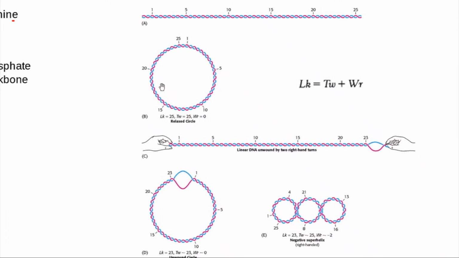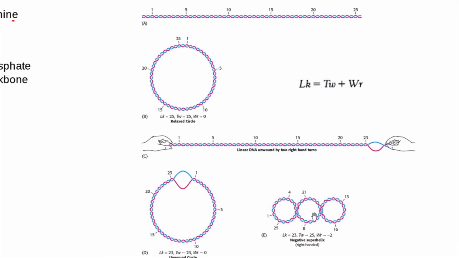Since in the question we are asked about a plasmid DNA, we know plasmid DNA is circular in structure because the opposite ends of this DNA have linked together. There are 3 important terms we need to remember about supercoiling. One is LK, that is the linking number, TW, that is the number of twists, and WR, that is the writhe. Linking number is equal to twist plus writhe. We have understood the twist. Now what is a writhe?